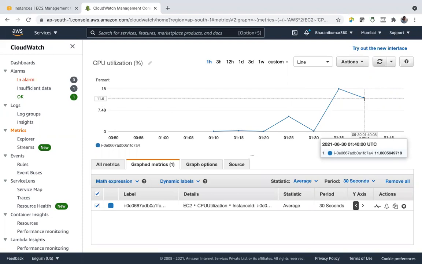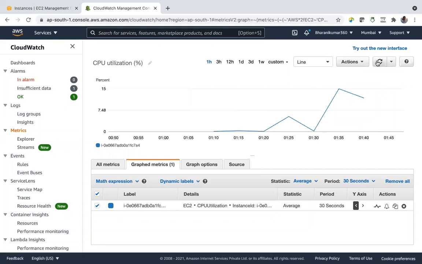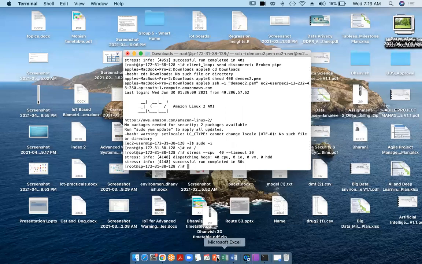Now we are trying to increase the CPU utilization using 40 nodes. So it's completed. Now let's go and check.